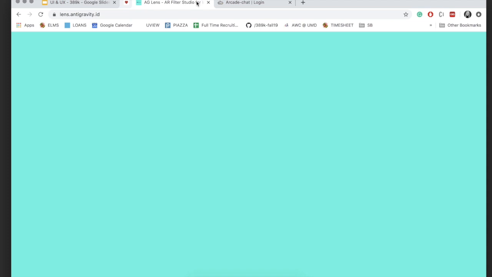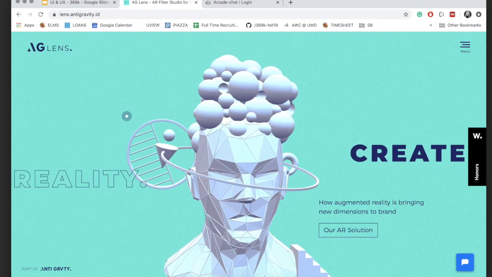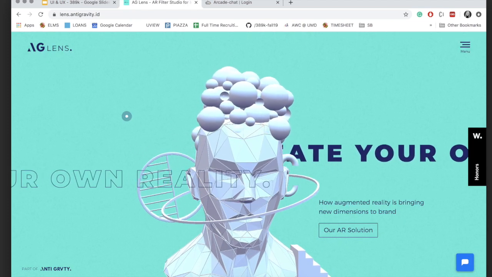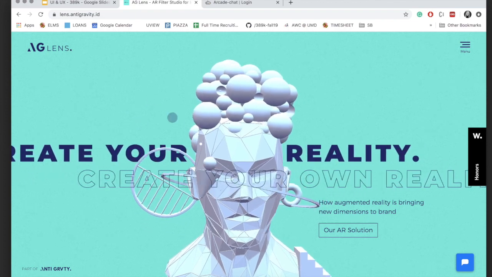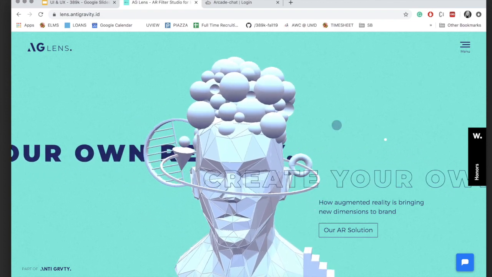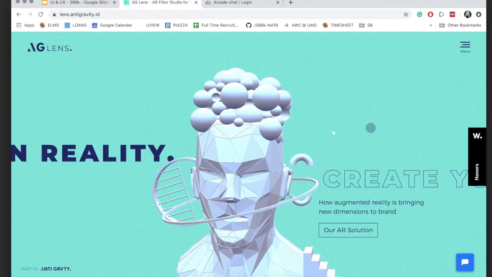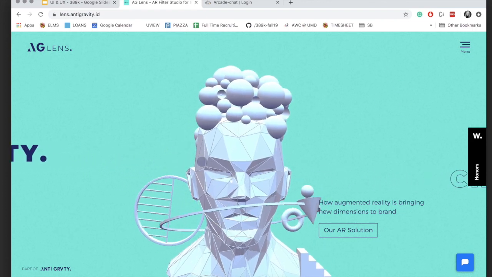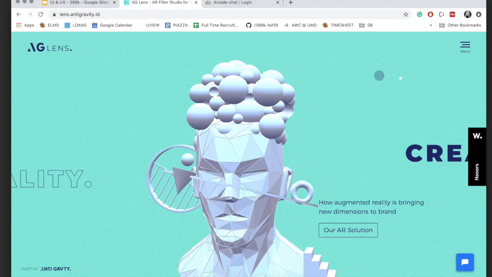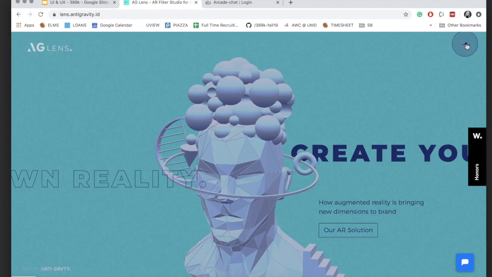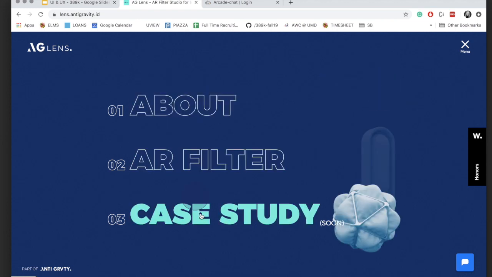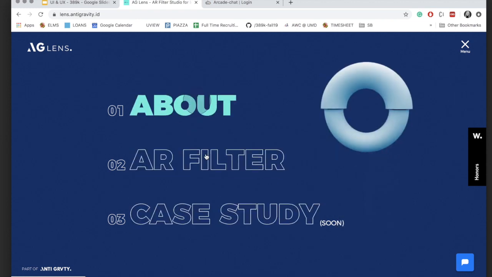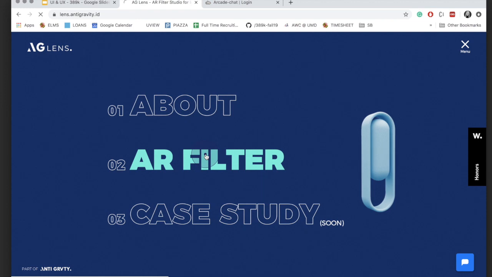Okay, another website is this company called Anti-Gravity that makes filters, I think. Their website has this really cool 3D animation. This dot is my mouse. I don't know how they made this, but it's really beautiful. And if you go to the menu, they have all these really cool little 3D things. If I go to their filter site,